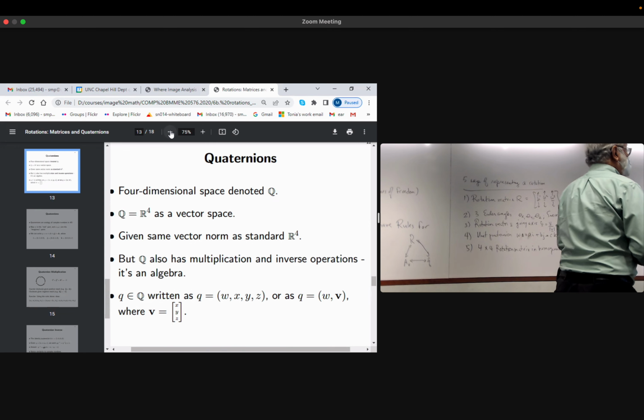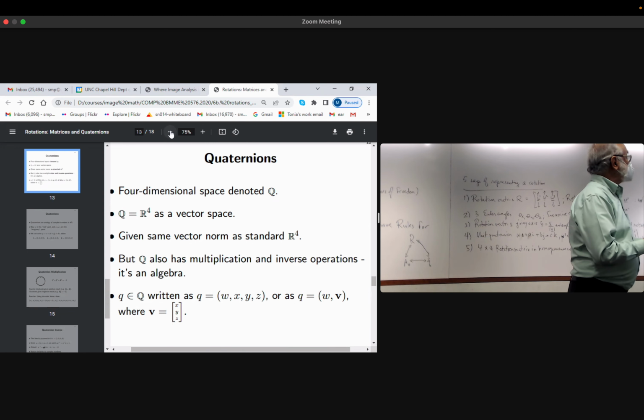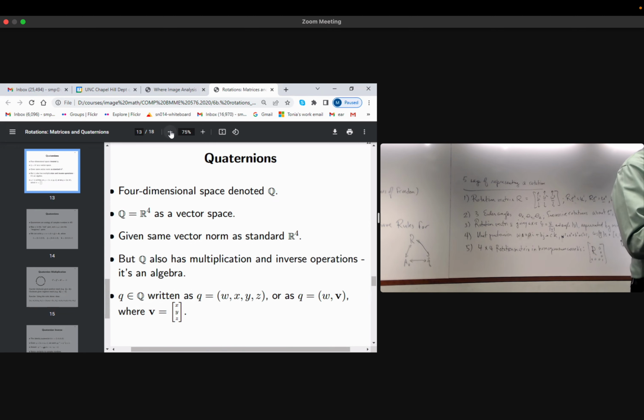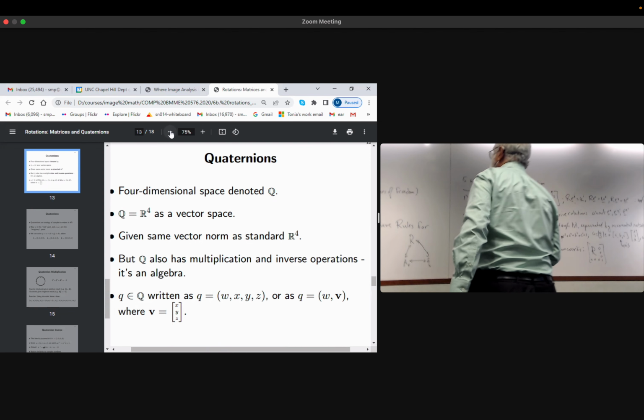But it has particular multiplication and inverse operations that allows you to compose quaternions, to apply one quaternion, which is a scaling and a rotation, and then have another quaternion, and get the result by simply multiplying the 2 quaternions. And to multiply 2 quaternions,